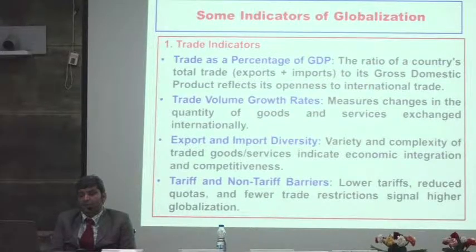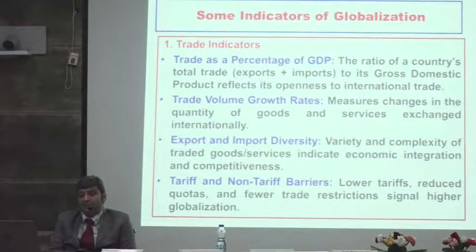Barriers, import duty, 10% duty, 15% duty, that is a tariff barrier. But barriers may be in the form of non-tariff barriers. For example, requirement of the licensing and totally ban on export or totally ban on import, irrespective of the import or export duty. So these are the, if countries are reducing the tariffs, if countries are reducing the non-tariff barriers,